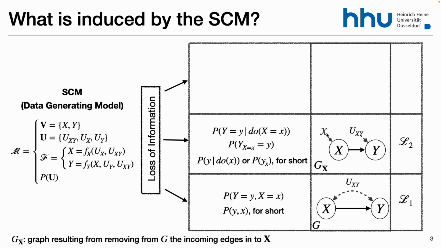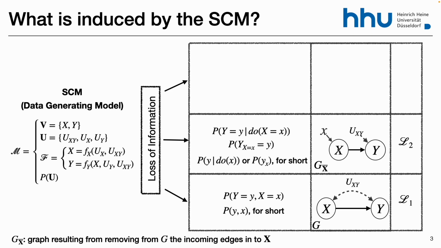Anyways, but I have a graphical representation of interventions, which is the G x bar. So that's the interventional graph, right? Where I remove every incoming arrow into the variable X, which is the intervening variable. Since I'm intervening on it, I'm changing the value. It's a hard intervention. I don't have arrows. So basically I can get the graphical representation of this interventional distribution by just removing